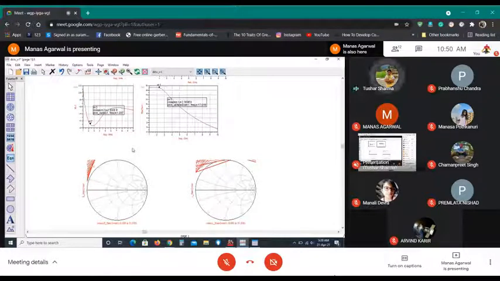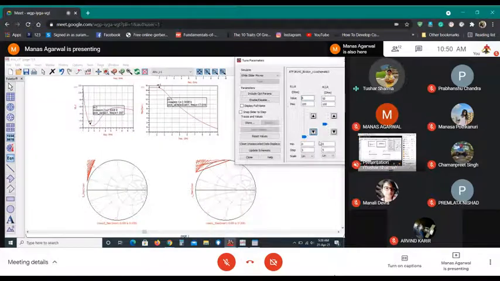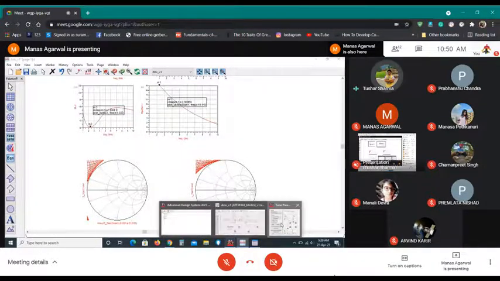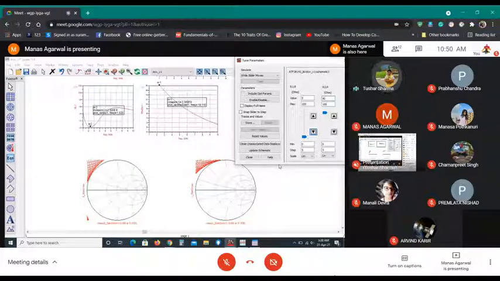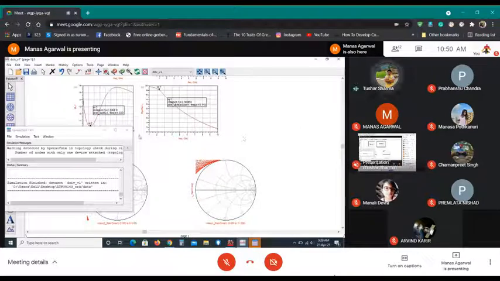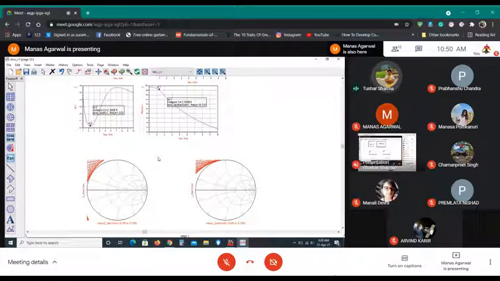So if you go back to the tuning thing, change your parallel R to say 90 ohm. It will be even higher. Your gain is now 18.11. So just do update schematic. Close. So you see this is your mu, this is your gain, your both stability networks are out and you have stabilized your device.